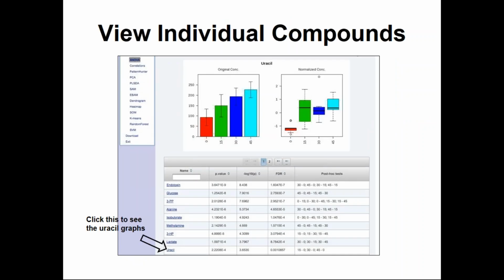You can, with MetaboAnalyst, browse. You can sort by P, log P. You can look for the Q value, and then you can click on different things. In this case, we're looking at uracil. We could have looked at LPS or endotoxin. We could have looked at 3-phenylpropionic acid or alanine. Those are all clickable, and you can see the trends over time. In this case, uracil is climbing over time, and that's a clear trend. And then you can see the standard deviations over these different cows.